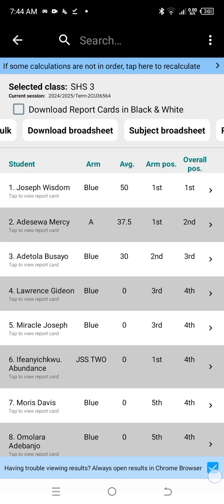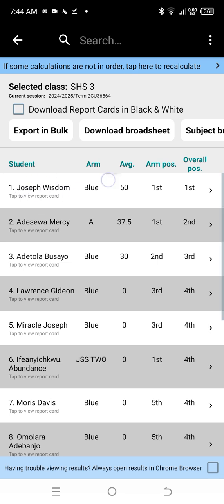So we're going to start off with the download in black and white. So first I'm going to download a student's results. If you want to download a student's result, that is, you don't want to download for all the students, all you need to do is to tap the child's name. So I want to download for Joseph Wisdom. I'm going to tap Joseph Wisdom,